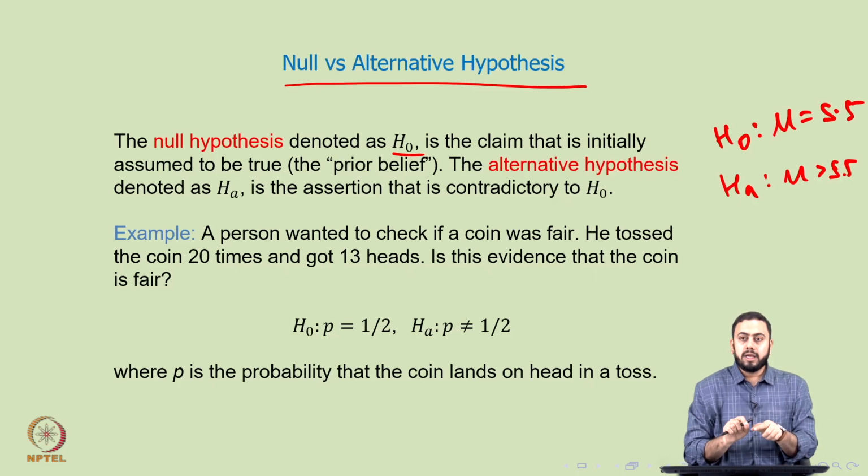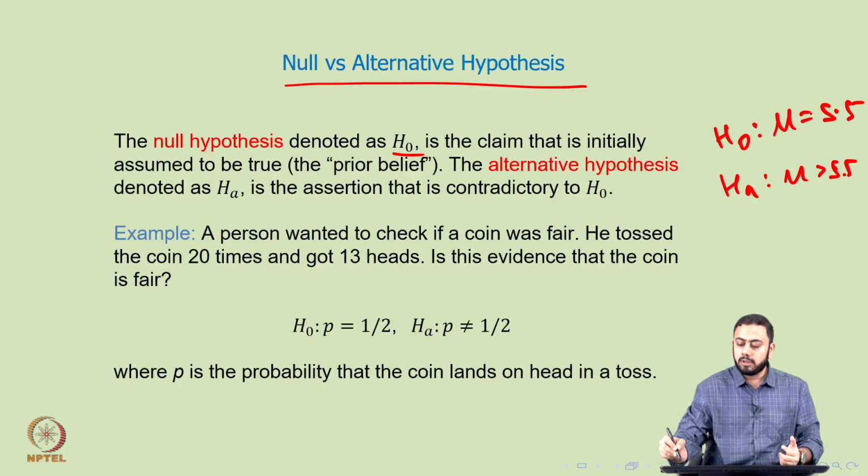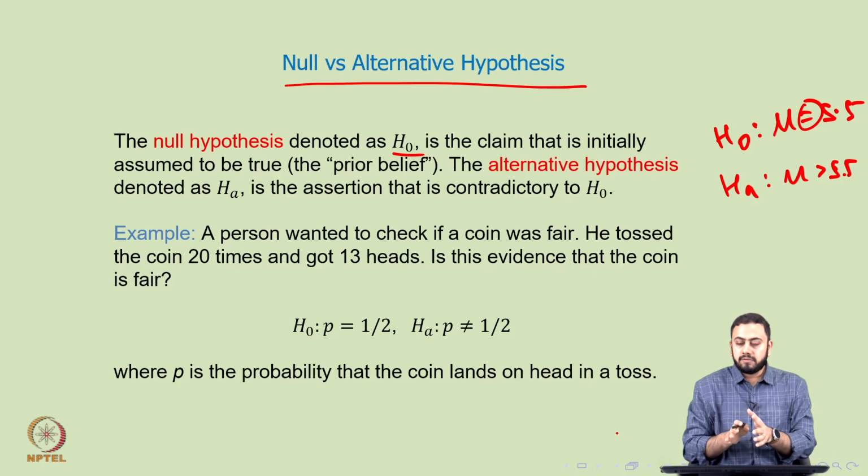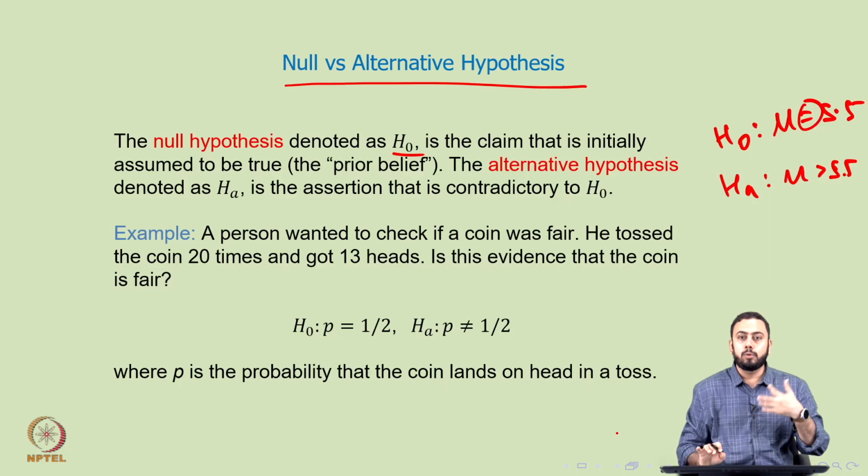Now, one standard assumption throughout this entire course is that the null hypothesis only has the equal to sign. It cannot have bigger than, less than, or not equal to. All these three other alternatives can come into play in the alternative hypothesis. So like I said, if your prior belief is that the height exceeds 5.5, think of a situation where you create a null hypothesis without any special effects. So put mu equal to 5.5, and in the alternative put mu bigger than 5.5.